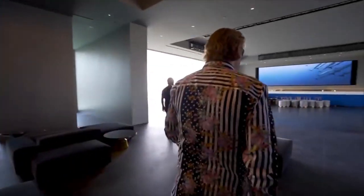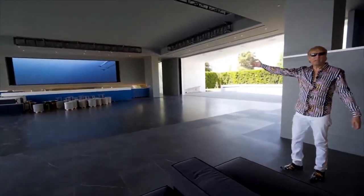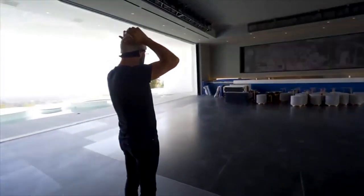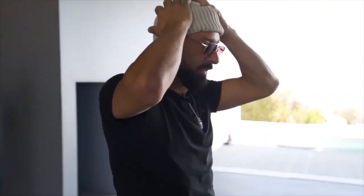Mate, we're in a nightclub in a house. But this is a real nightclub with an 80-foot screen on the wall there. So what's the capacity for this? I don't know. I know that we are getting permits for